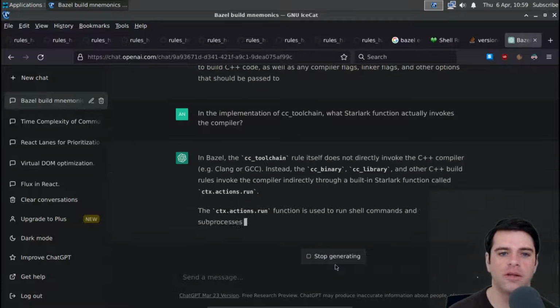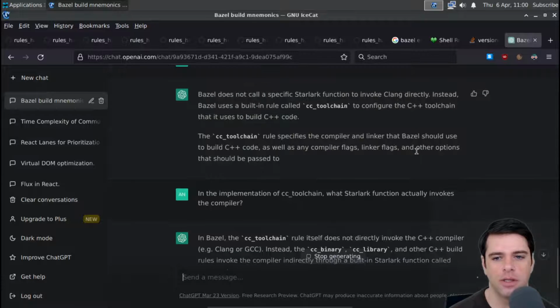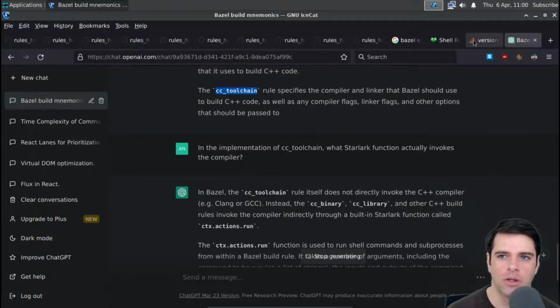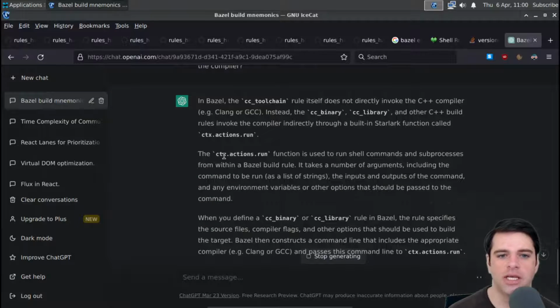Oh, yeah. So it's telling me about toolchains. Yeah, yeah, that's true. Oh, okay. So I jumped the gun. I was thinking it was talking about CC libraries or whatever. So ctx.actions.run. This looks familiar. Is used to run shell commands. Okay, that's what I wanted to know. Okay, so